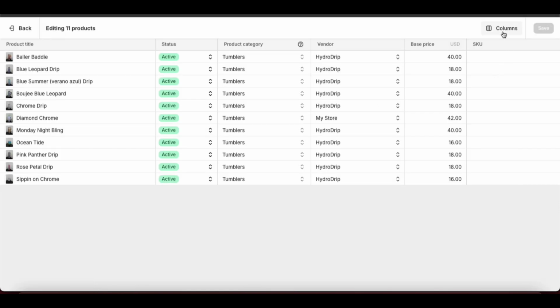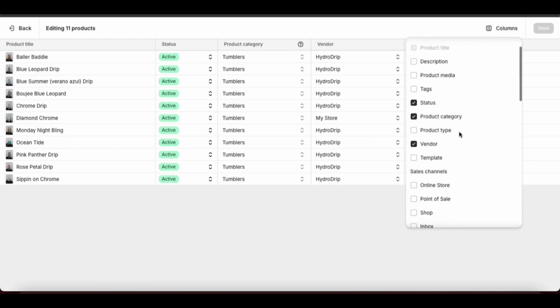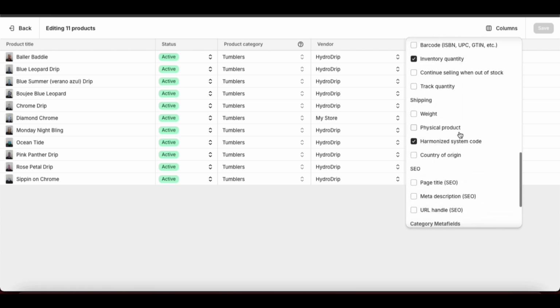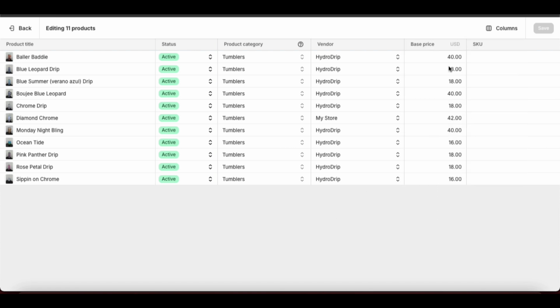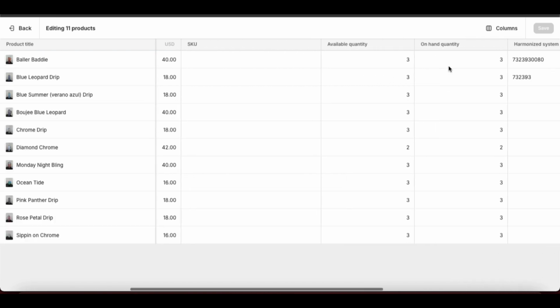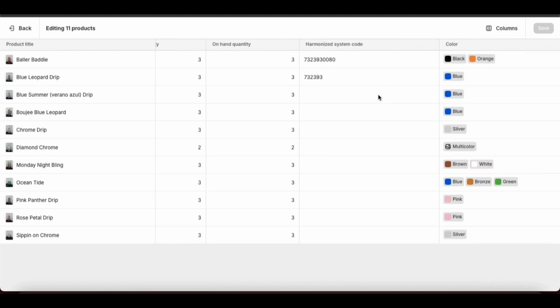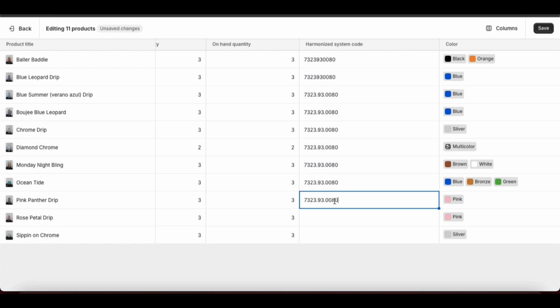On the next page, select columns and then scroll down until you find harmonized system codes under shipping. Mine is already selected because this is something that I was already working on. So you'll just want to make sure that you click the box and then scroll over to the right, and then you will find the harmonized system codes where you can do a bulk edit. You're going to see me go through here really quickly and just making sure that all of my tumbler products have the same